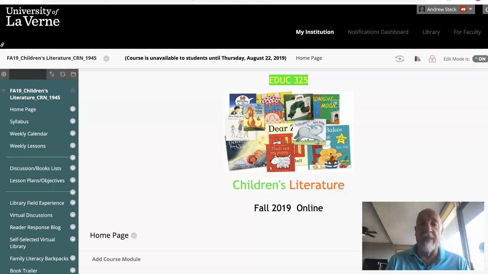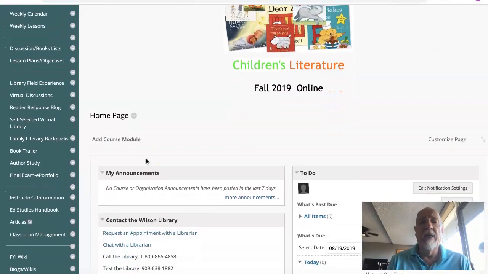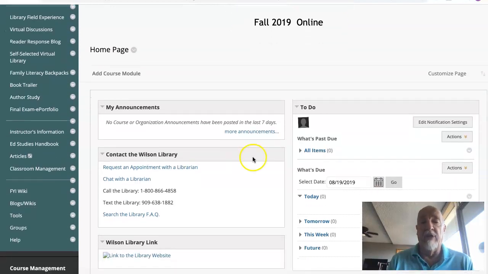I'm going to walk you through Blackboard. This is basically the management system you'll use to do your work and complete your work. I'm on the home page, and there's a couple of important aspects of the home page that I'd like to point out. The first